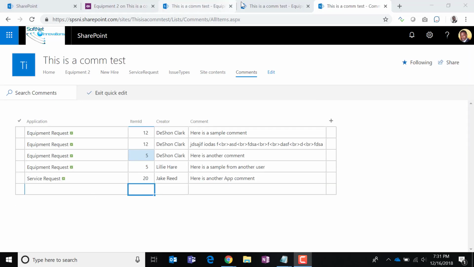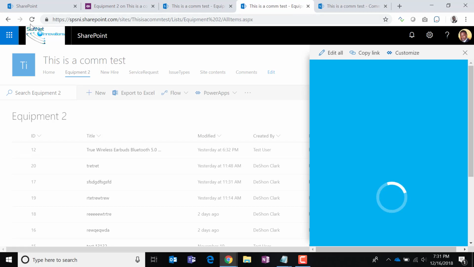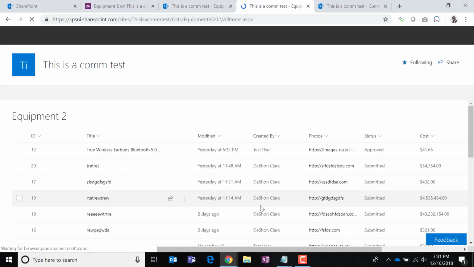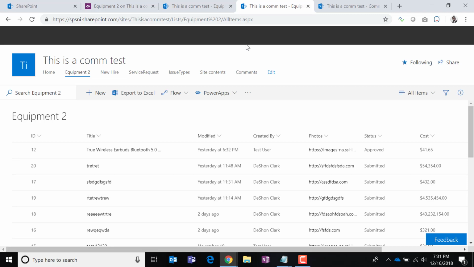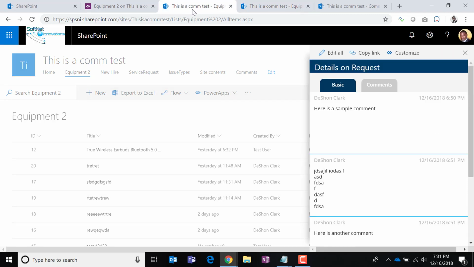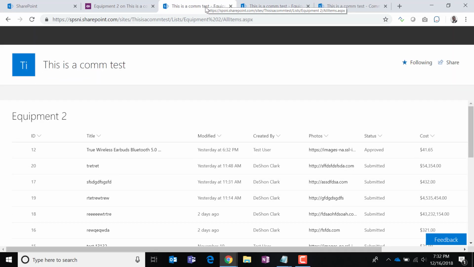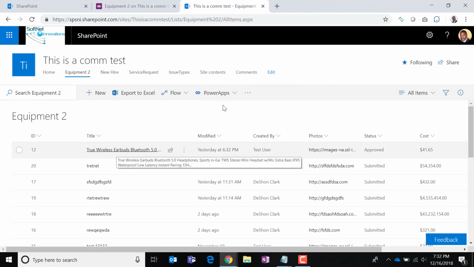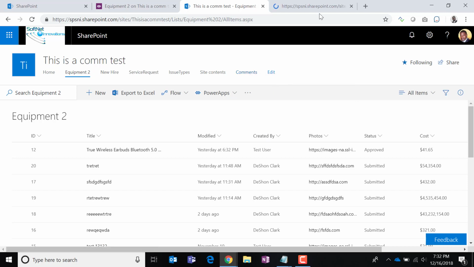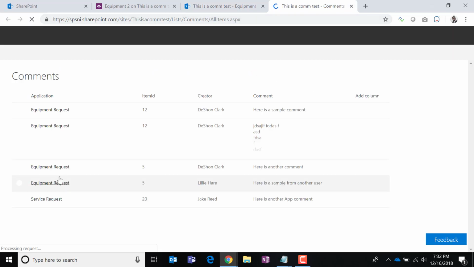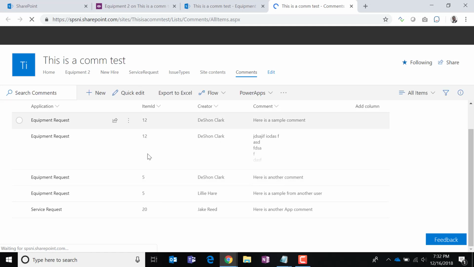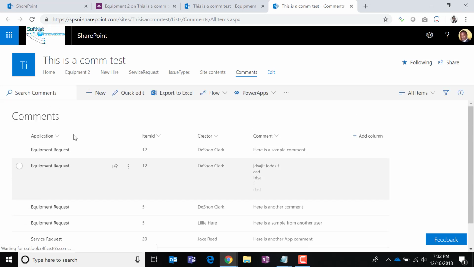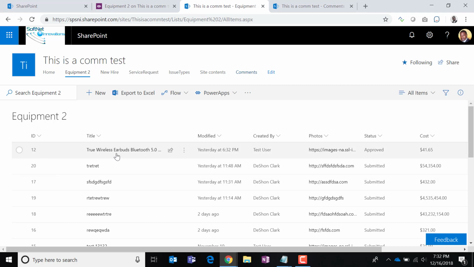Okay, I'm back. So I had to run a few tests on this, and it looks like it was just my browser session altogether. So I had to kill my entire browser and then reload everything, and then it started to kick in as expected. So let's start our test from scratch. So here we have, if we pop open the comments list in a separate tab, only 2 comments related to this item, and that's going to be the one with item ID,